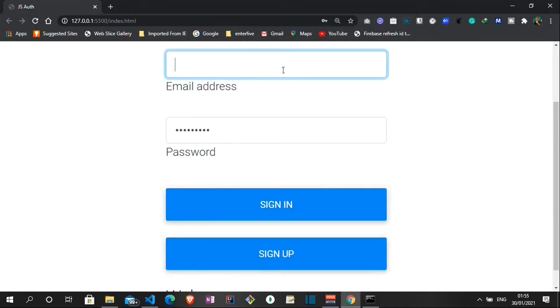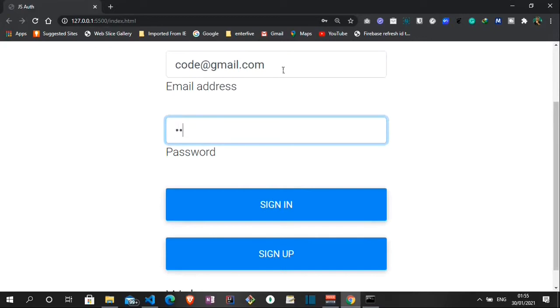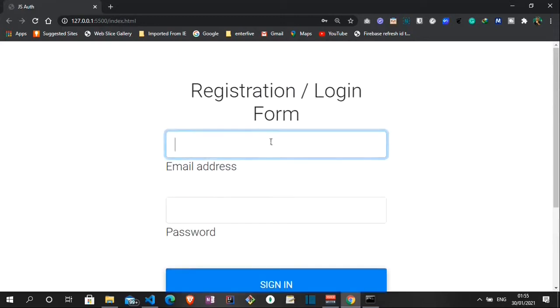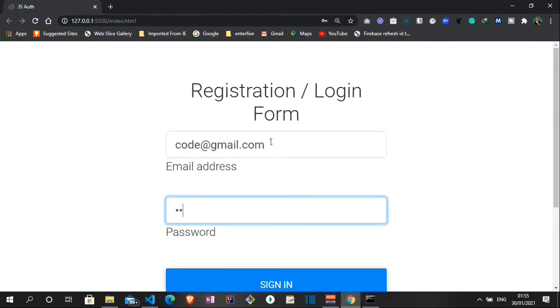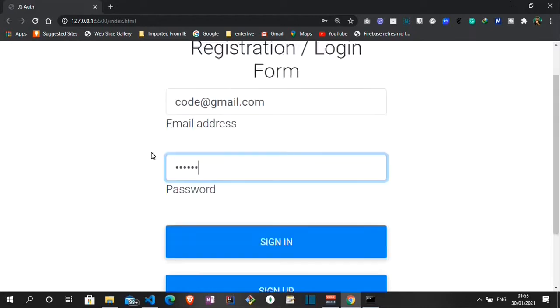So to create a new email address, let me say code@gmail.com, then password, let me type 123456, then I sign up. So user has been signed up. Now let's try to sign in with that same email address. So let's sign in this time,